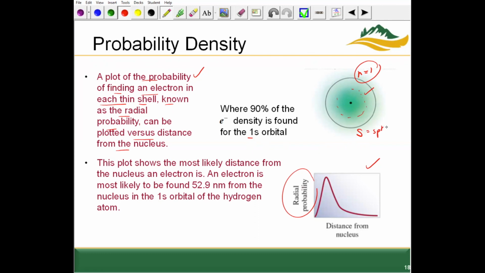It is spherical. It turns out an electron is most likely to be found at 52.9, what is that again? This is a nanometer. So 52.9 nanometers from the nucleus in a 1s orbital of the hydrogen atom that has only one electron and one proton. Right? Hydrogen has no neutrons. It gets more complicated as we start to introduce more and more electrons to the element. This is just one of our simplest examples, just looking at hydrogen with one electron that is in a 1s